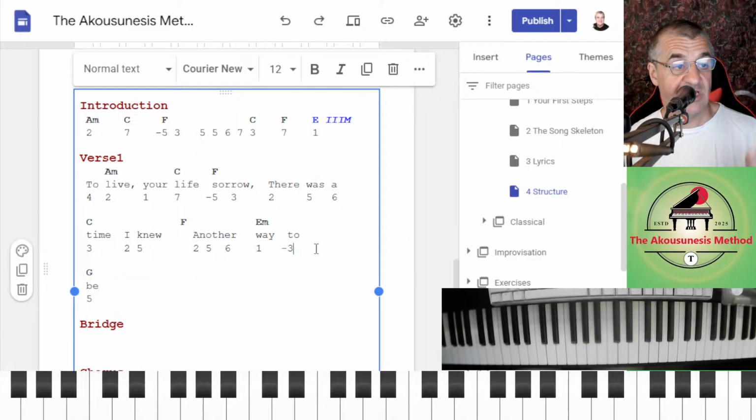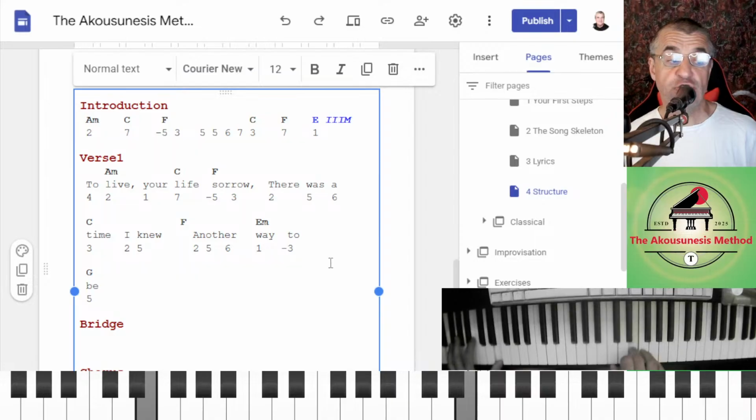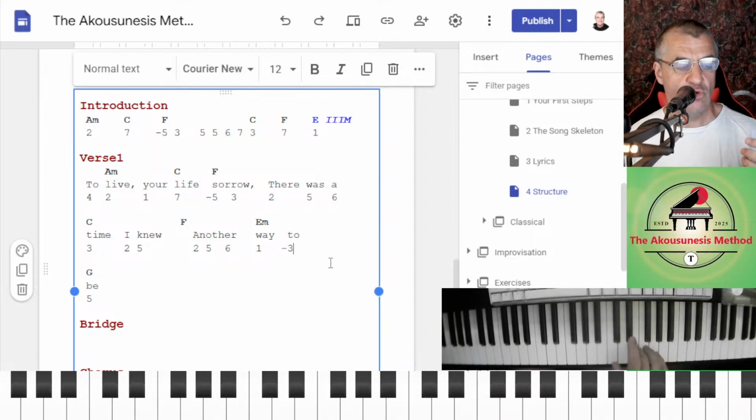So once you work out what notes you want and the words and the chords, you can now sort of muck around a little bit with the melodic rhythm to see. I knew. It sort of works with the words anyway, the melodic rhythm. You're going to get it fitting in. Another way to. So some say that's going to come faster, right? Another way to be. Yeah, so that has to be faster there.